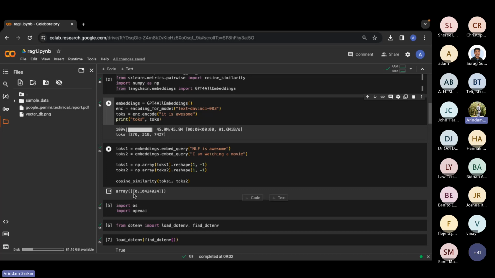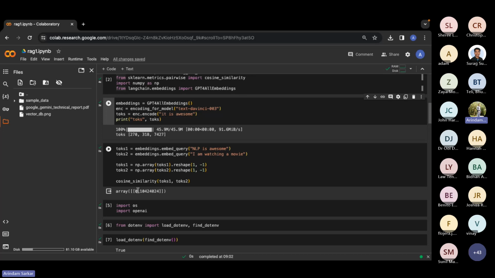That's why, as I told you yesterday as well, this cosine similarity is a score which basically lies between 0 and 1. The minimum can be 0 and the maximum can be 1, right? Or you can think of it as 0 to 100 percent. So if you see, it is just 10 percent, or 0.1 as a fraction.